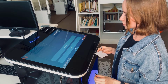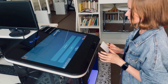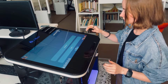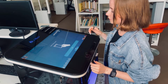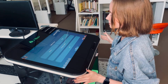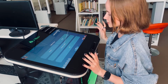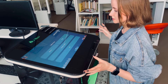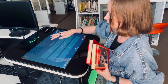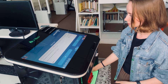Okay, so now I'm gonna show you how the UniBook mini station works. So basically, if you have a library card, you're gonna put it inside right here, and after that you're gonna click my account, and then the station is gonna read the information that is on your library card, and it's gonna identify you. So for example, if I just came in to this library and I want to take some books, I'm gonna grab some books and I'm gonna click borrow, and I'm gonna put them inside, 2 at once,